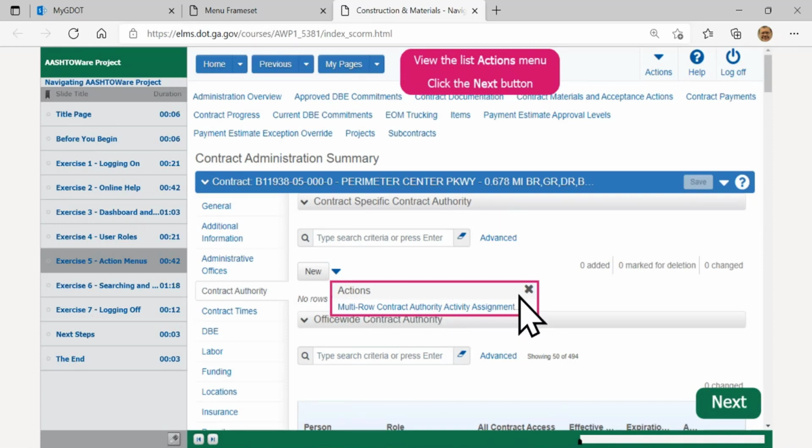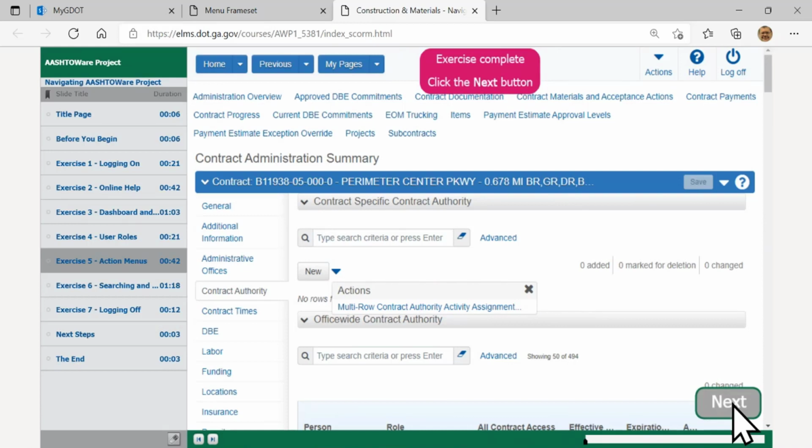It does give you ways to change it, and depending on what access you have and what control you're working with, this just gives you ways to select and view that information that you're working on. So that lets you see those different actions. You can go ahead and click on next, and that lets you see the different actions that you can work with, whether it's the global action, the component action, a row action, or a list action for the choices you're working with. Just keeping in mind that little downward pointing triangle is your actions drop-down menu button. Click next.